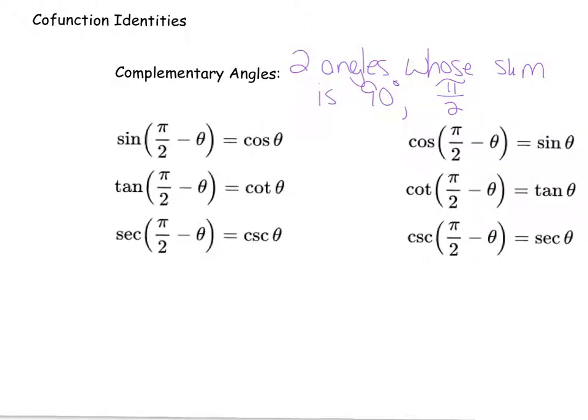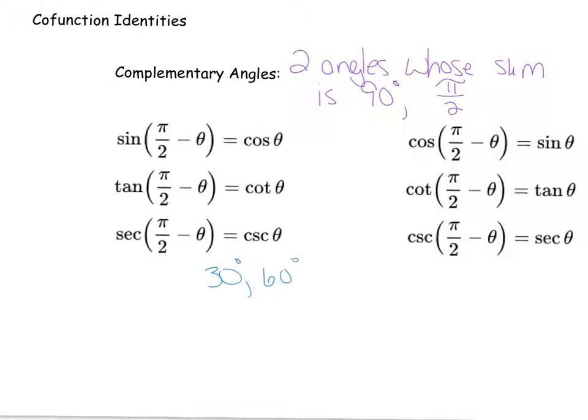Basically what this is saying is if two angles add up to 90, or pi over 2, the sine of one of them is the cosine of the other. The tangent of one is the cotangent of the other. The secant of one is the cosecant of the other. We have seen this in the unit circle and with the